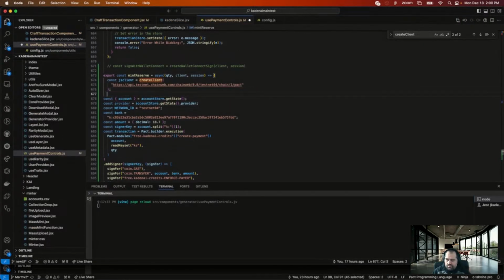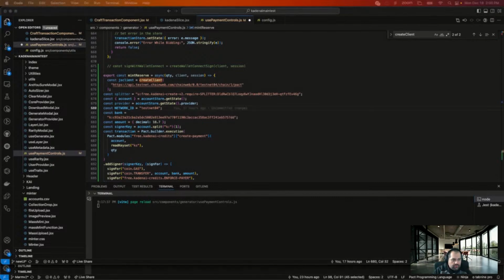So the first thing I have to do is const. I'm not going to do a local lookup. I'm just going to set it for now because I don't really care. So this is splitter equals. So this is the account you have to pay to use the contract. Pretty simple.